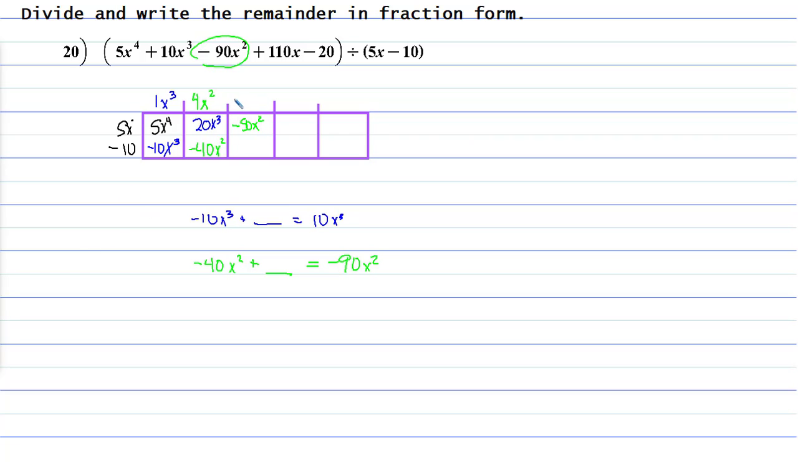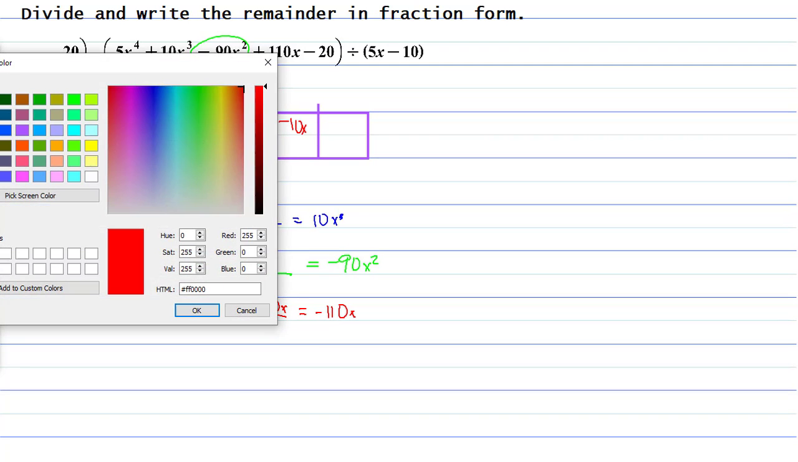I divide to go up, and that gives me a negative 10x. Multiply to come down, that gives me 100x. And then add to get the diagonal. Plus something is going to equal negative 110. And so that something is a negative 10x. And so when I complete the diagonal,